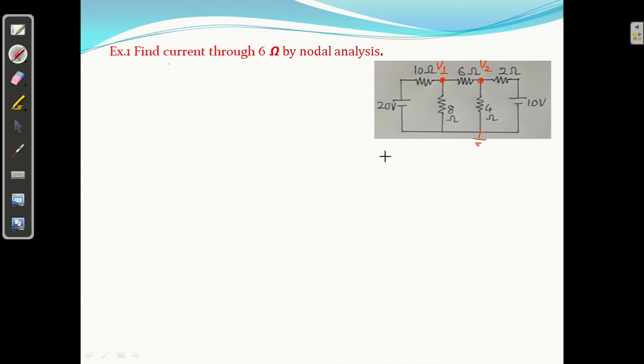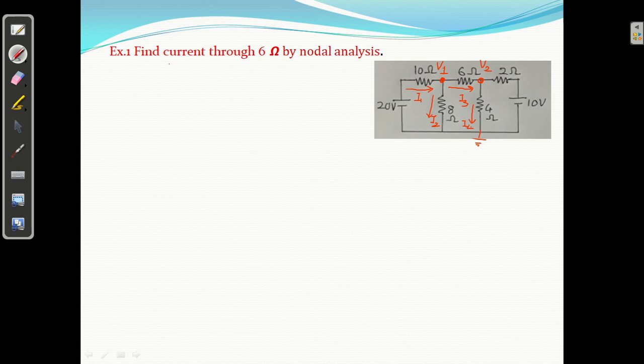So how many nodes are there? Actually total number of nodes are 3. 1, 2, 3. But this node is connected to ground. So यहाँ का potential. What is the potential of this node? 0. We have two nodes. Okay. Next step is remark the current through each and every branch. Whatever the direction you want, you can take, but you have to remark. So I am remarking the current I1 here, I2 here, I3 here, I4 here,